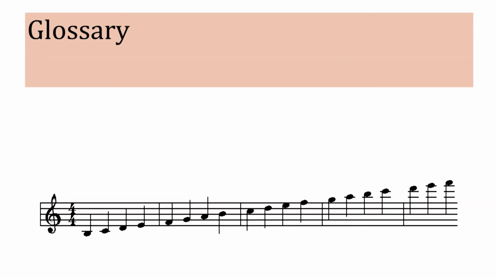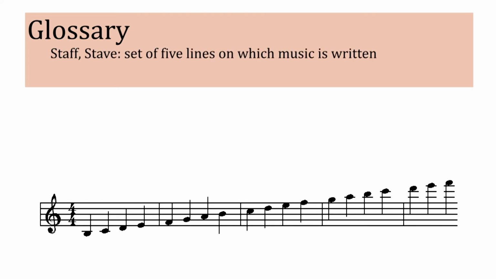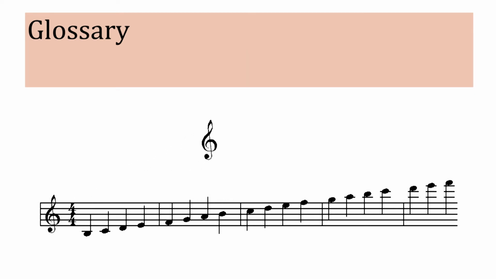So how do we represent these notes in sheet music? Music is written on a staff or stave, which is a set of 5 lines. At the beginning of the staff is the treble clef symbol. This symbol is also called the G clef because the tail of the symbol circles a line representing the note